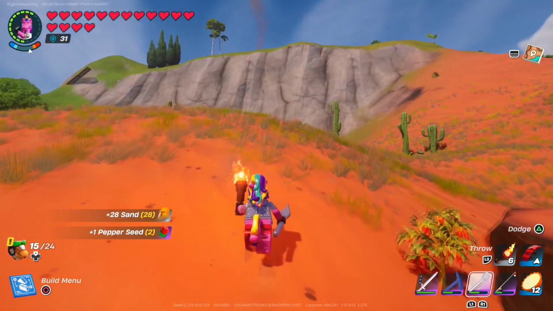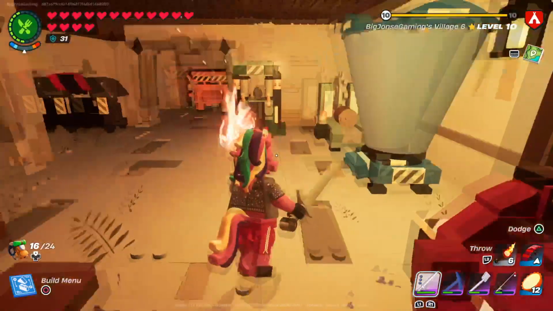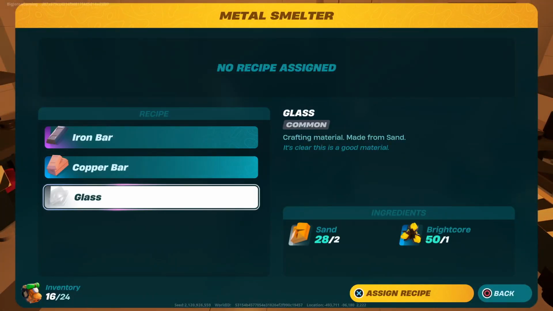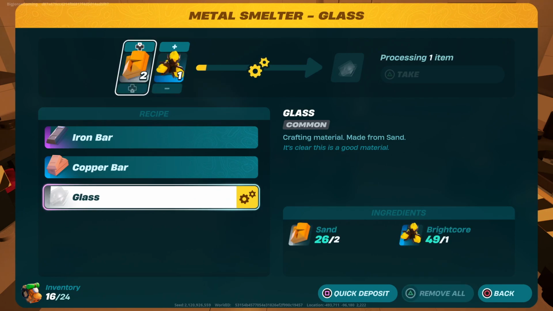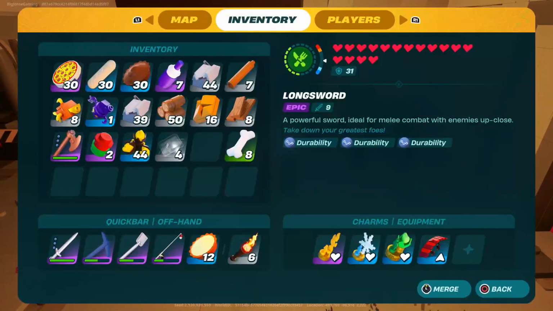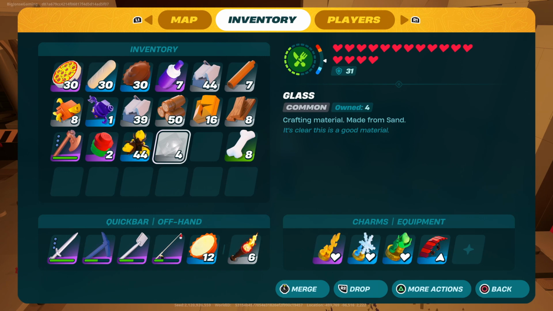Now, in order to get glass, you need to take your sand back to wherever your machinery is, make sure that you have some bright core, and go to your metal smelter. And this works exactly the same as it does with iron bars and copper bars, except you're going to be using 2 sand and 1 bright core. That is going to give you your glass,